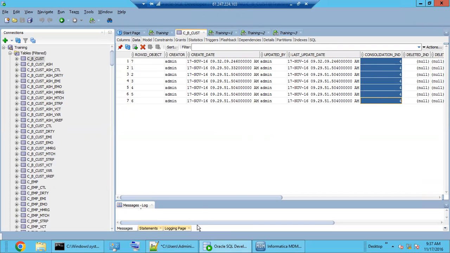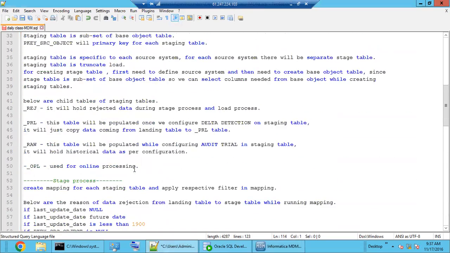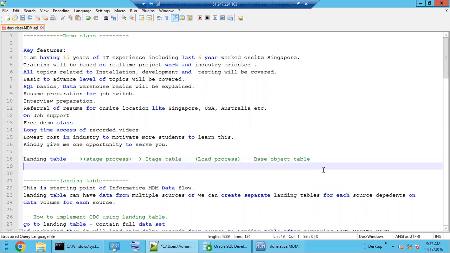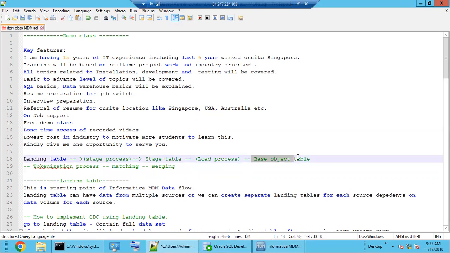And we have the other processes also here. Let me write here in the starting. Once we get data in base subject, then from base object, some tokenization process starts. Then we will have a process of matching. Then we will have a process of merging. So what will happen once we get the data in base subject here, and once we do this tokenization,